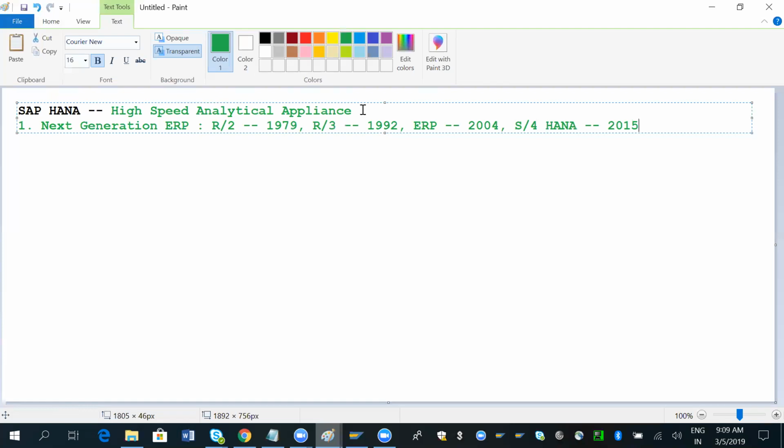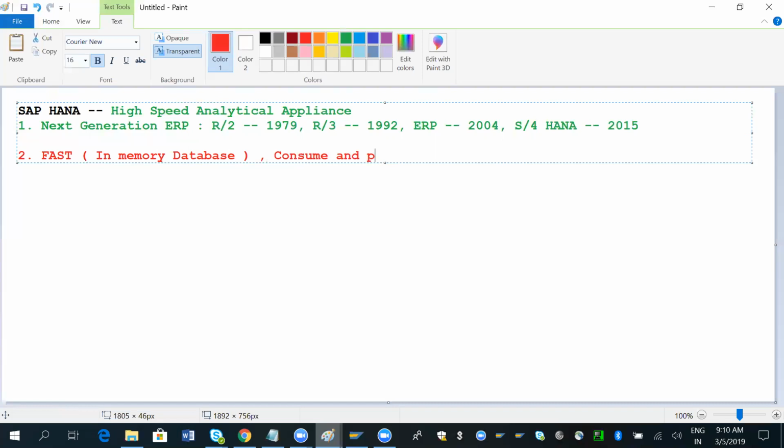So this is called the next generation ERP, and our second important point is that it is fast. It is really fast because it has an in-memory database. That means it can consume and process huge volumes of data. So let's say, for example,